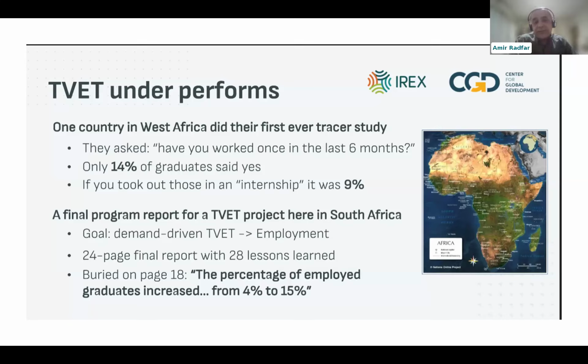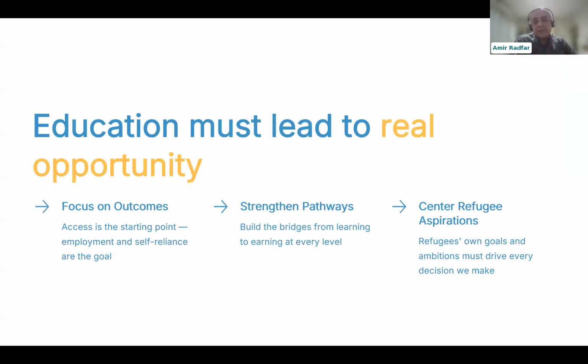And I took just a quick screenshot from that presentation, because in one of the countries in West Africa, I don't recall the name of that country, they did this tracing and simply asked how many of those students who graduated from the TVET centers could actually get access to any work opportunities, work experience. Only 14%, and only 9% of them actually had an internship. And that's exactly the situation now with refugee students. I'm sure at secondary education level it's even more challenging, because we naturally see some sort of internships at higher education level, but much less in secondary education.